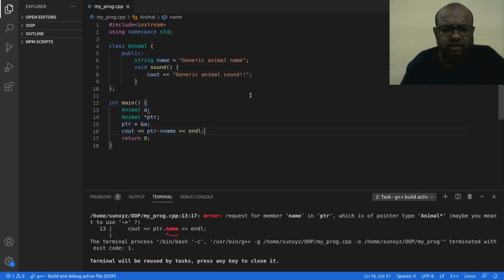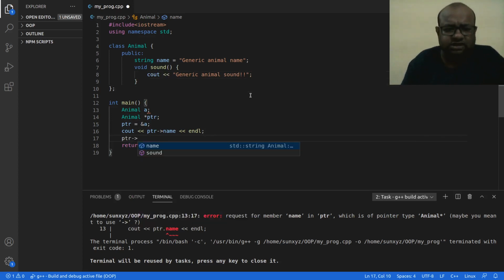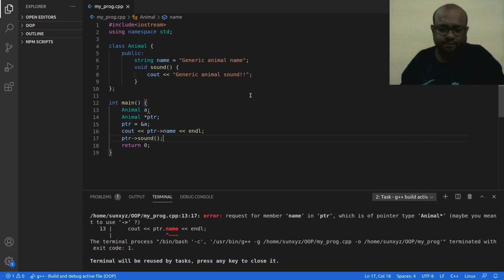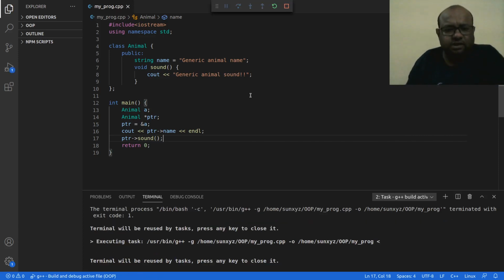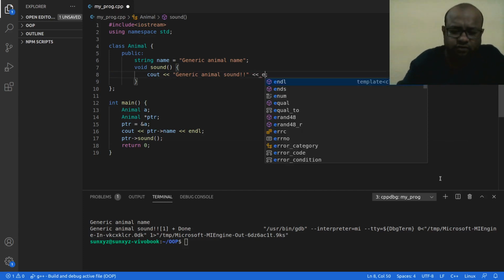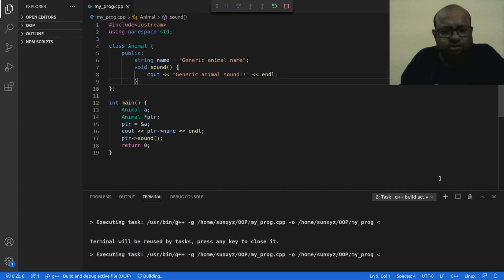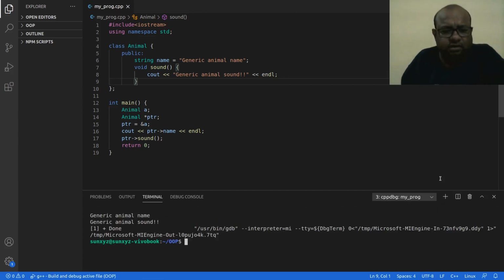Alright, now I can do the same thing. I can call this function using this pointer, and that is going to be fine, right? So let me go ahead and compile and run this. Once again, beautiful output, looks beautiful. So let me compile and run. So yes, it compiles and it runs, right?